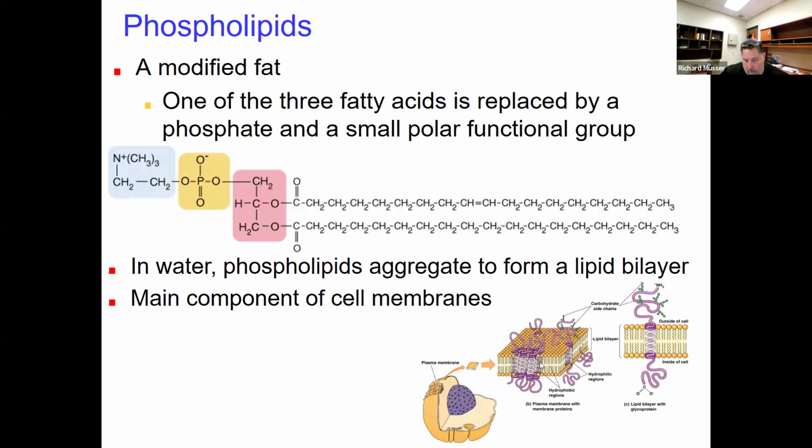Inside these lipid bilayers are also proteins that function like channels or doors that allow substances to enter and exit the cell. And then there's proteins also on the outside and carbohydrate linked proteins that help in cell communication. It gets really interesting and complex. But the main thing to take out of this is that phospholipids help form this lipid bilayer, this cell membrane. Let me see if I can provide a few more examples of that.